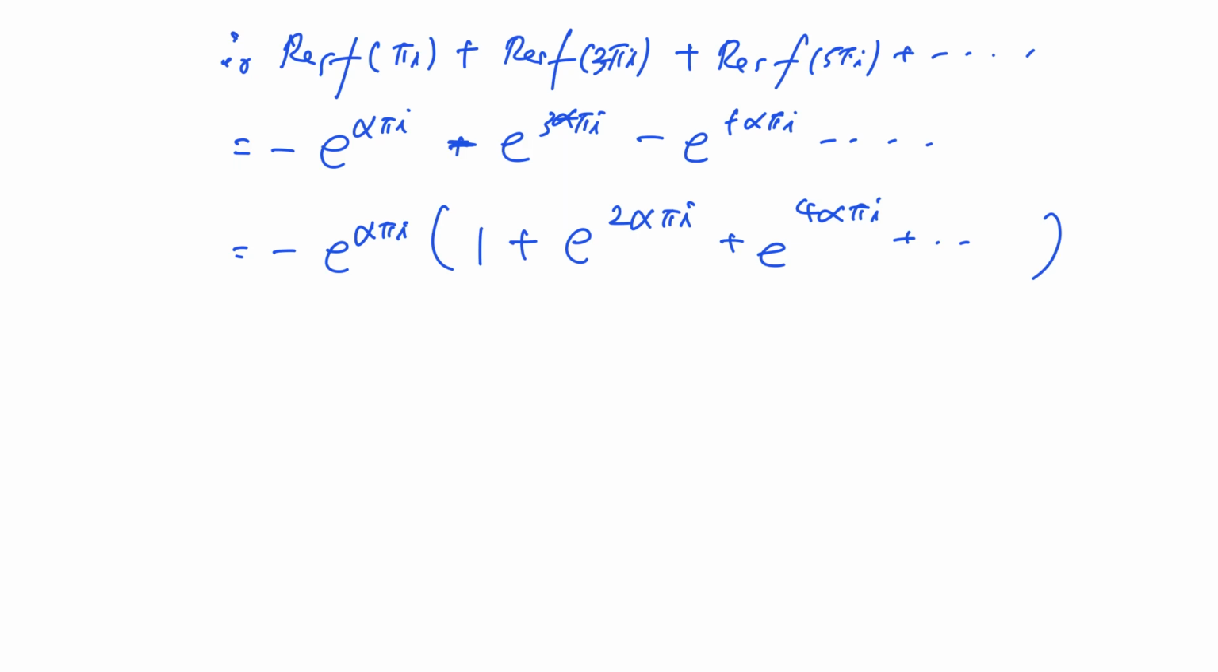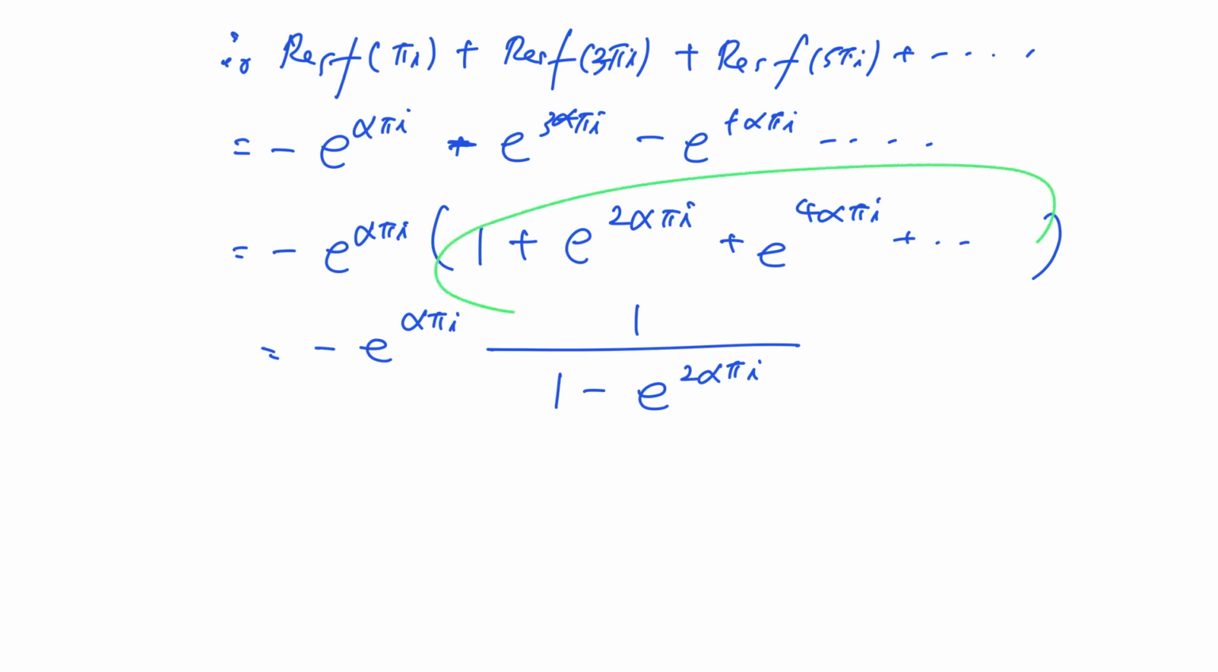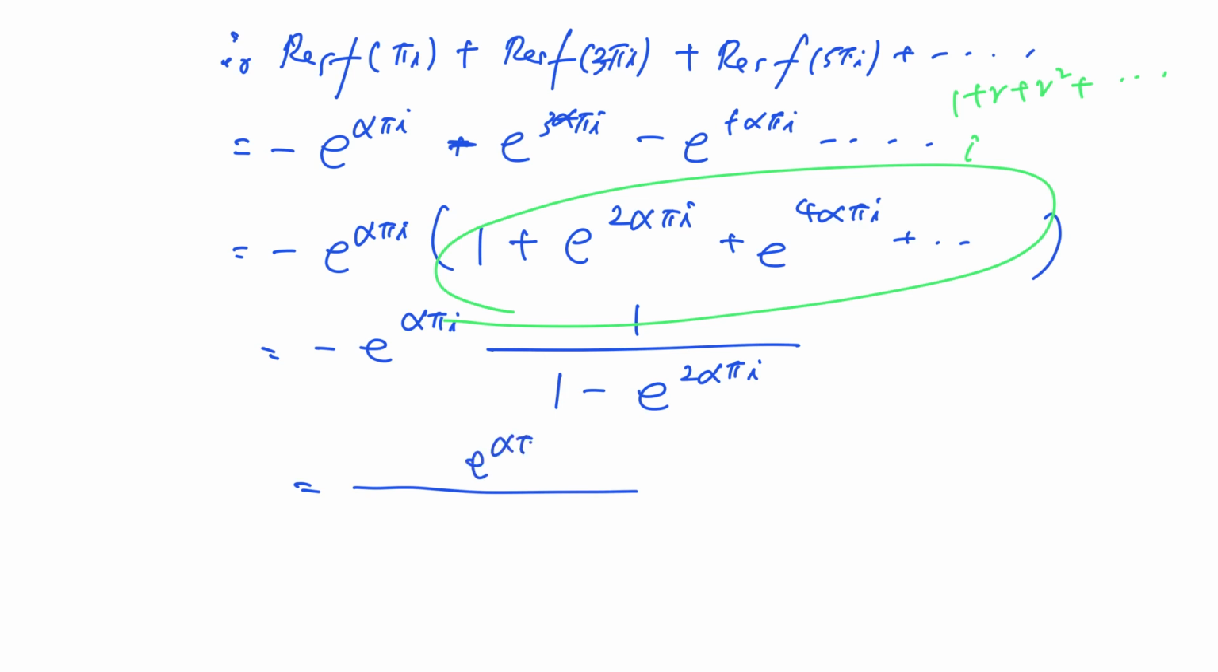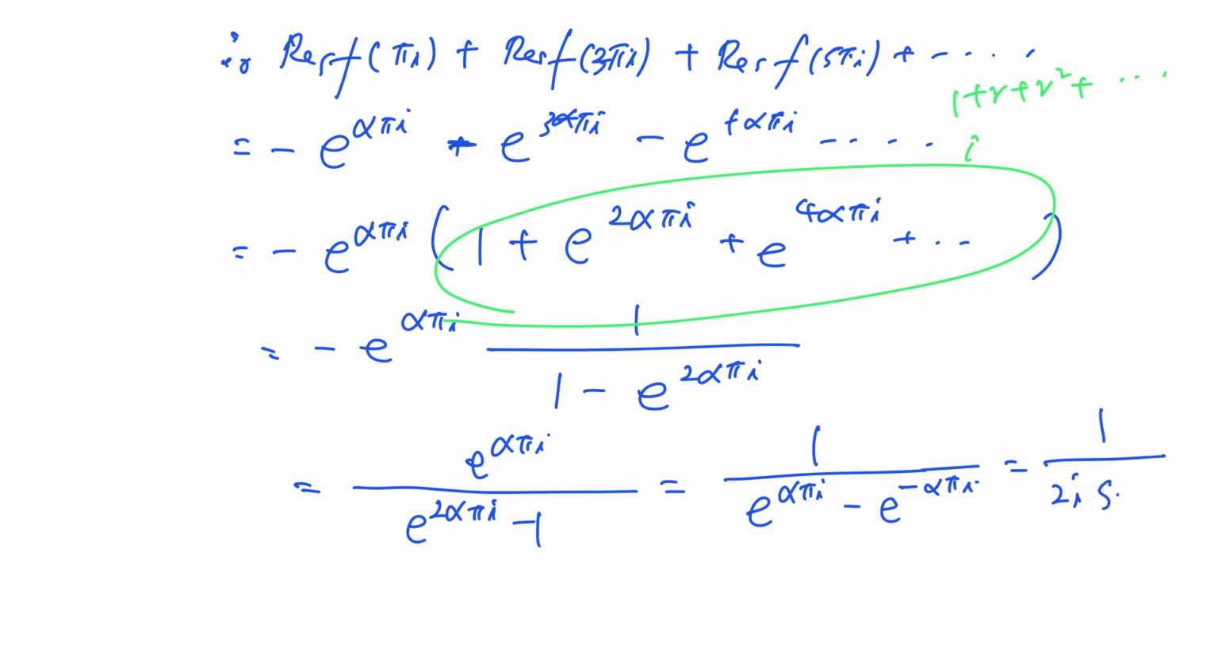So this is an infinite geometric series. So we can say exponential alpha pi i over 1 minus exponential 2 alpha pi i, right? This is an infinite geometric series, 1 plus r plus r squared plus etc., and exponential alpha pi is always less than 1. So it becomes exponential alpha pi i over exponential 2 alpha pi i minus 1, same as 1 over exponential alpha pi i minus exponential minus alpha pi i,